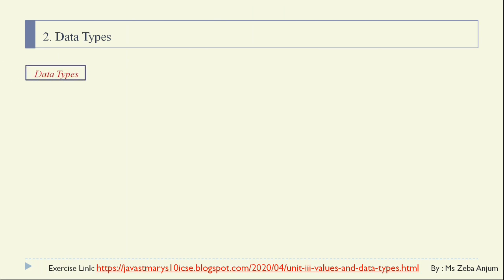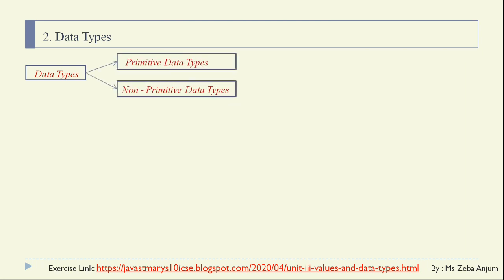Now see, data types are divided into two parts. Primitive data types we are having, and non-primitive data types. Or you can say fundamental data types, and non-fundamental or derived or composite data types. In primitive data types we will learn about the very basic data types. It means they cannot be broken down into smaller categories, but non-primitive data types basically contain all the primitive data types clustered together. Now let me explain this sequentially.